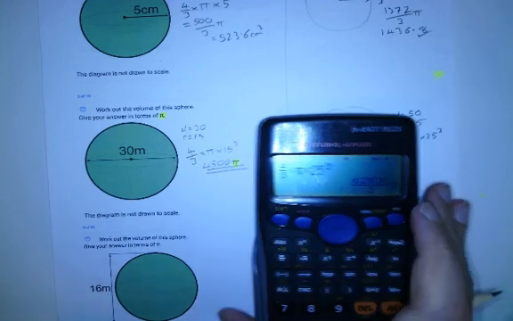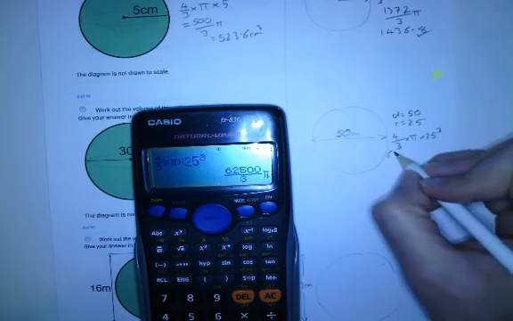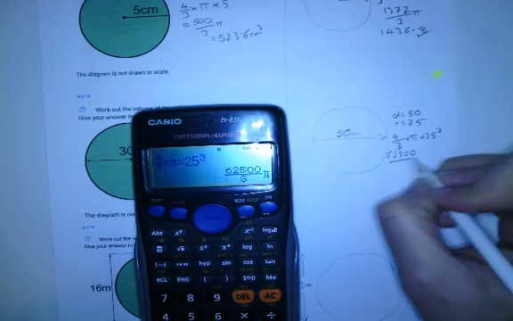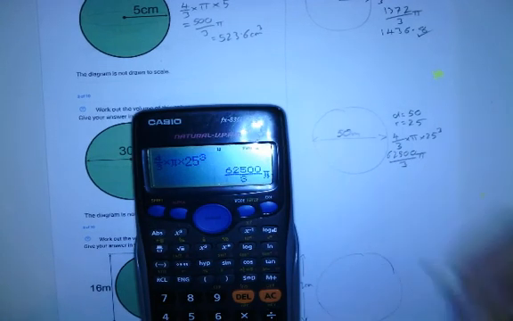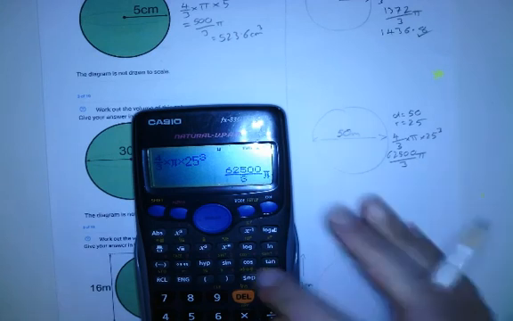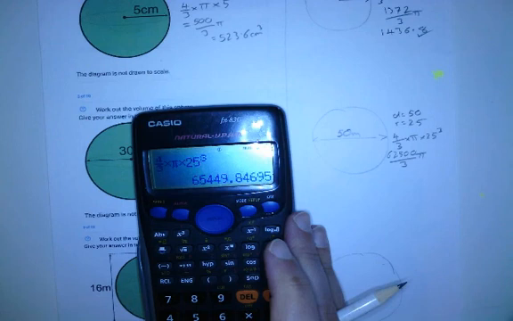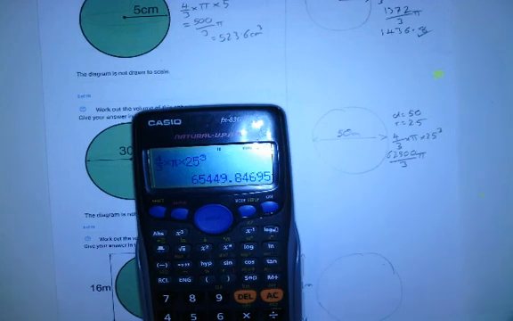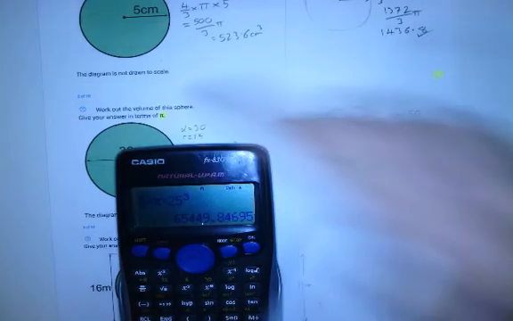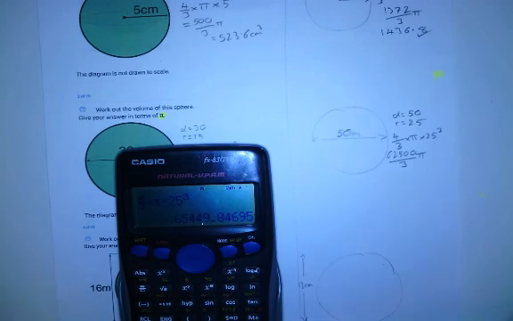Which gives us 62,500 over 3 pi. Let me just leave it like that. Okay, so if you got your answer like that, it's fine. If you did write it as a decimal there, you would have got 65,449. It does though ask for it in terms of pi, so make sure you're paying attention for that,